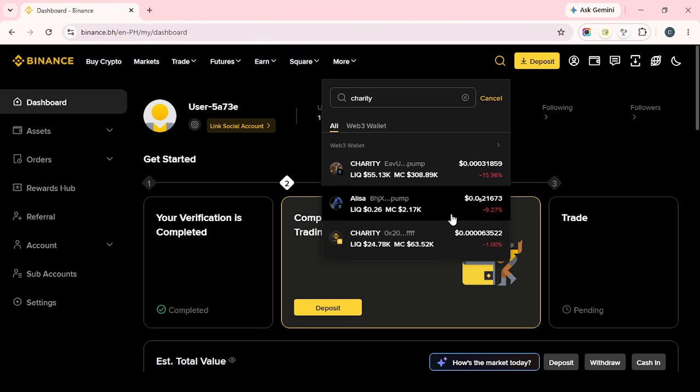As a final tip, keep a record of your transaction confirmation for your own tracking, and always review the project